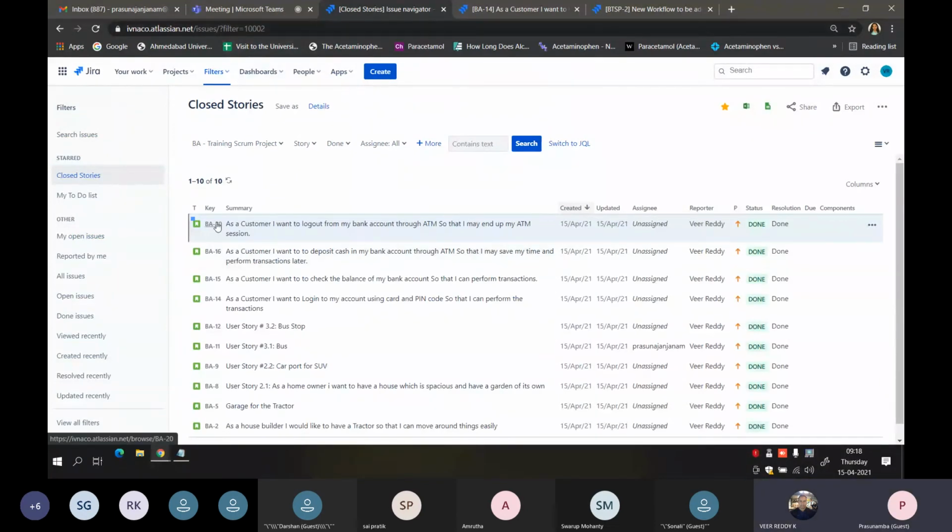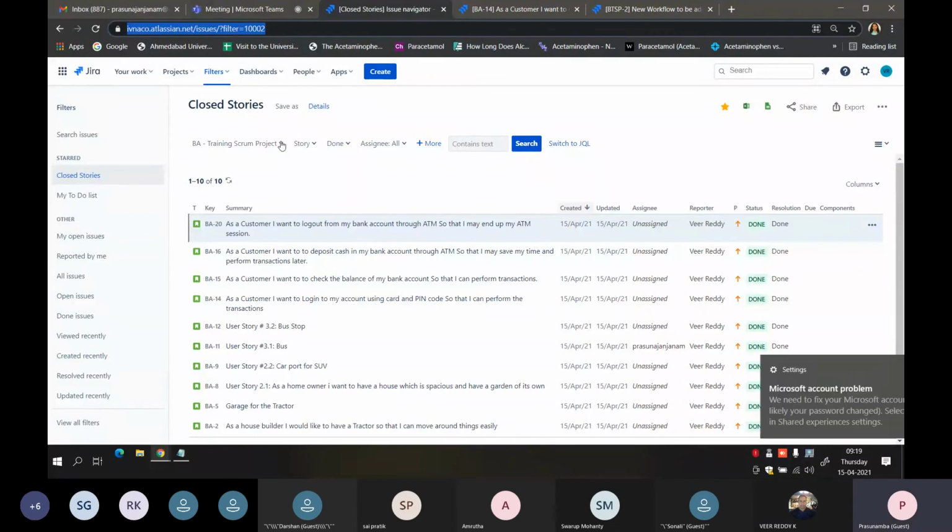So basically these are called issue IDs, and this is a filter ID. You can copy this and share it with your team members if you have given rights to them. So you need not tell them what filter you have applied to reach this point.